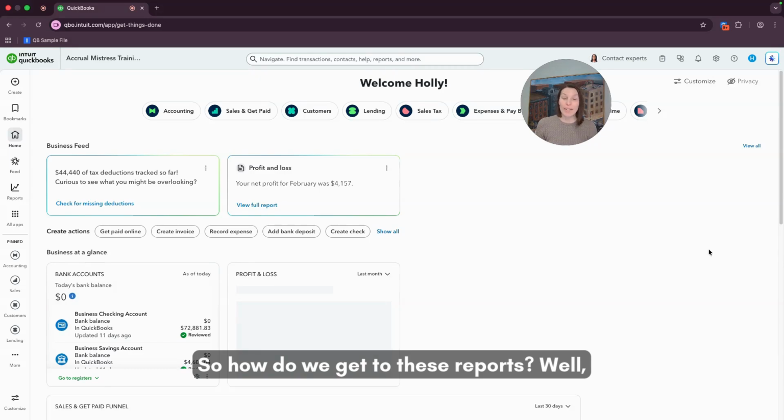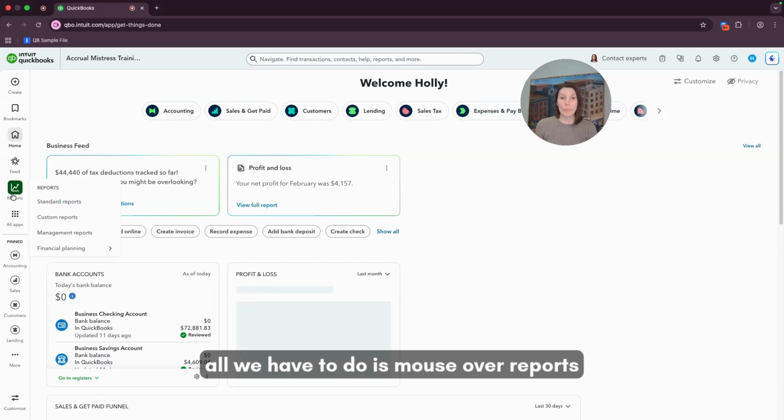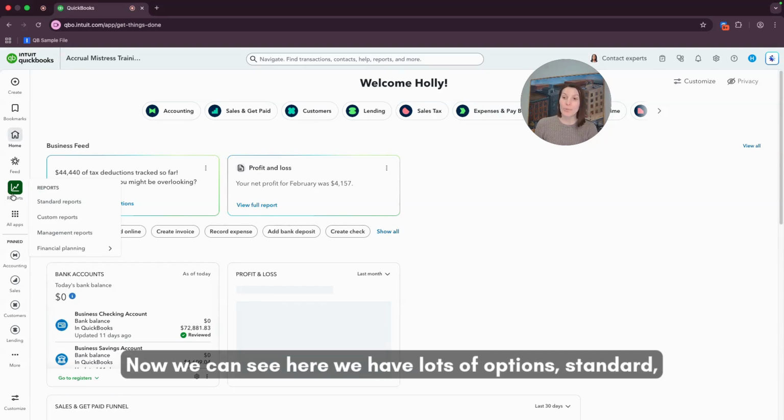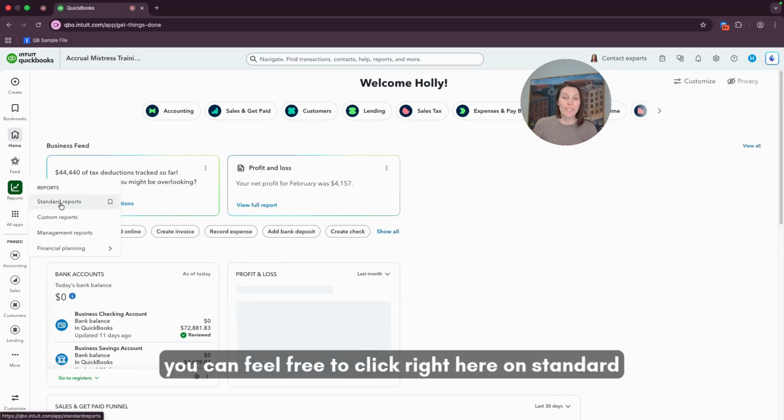So, how do we get to these reports? Well, all we have to do is mouse over Reports on the left-hand navigation menu in QuickBooks Online. Now we can see here we have lots of options: standard, custom, management, or financial planning reports. In order to access just your profit and loss and balance sheet, you can feel free to click right here